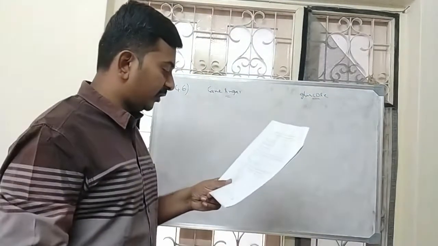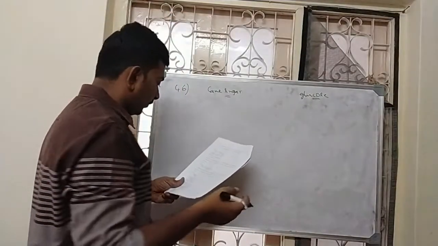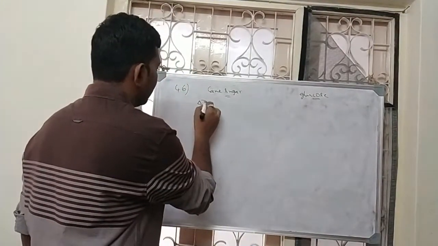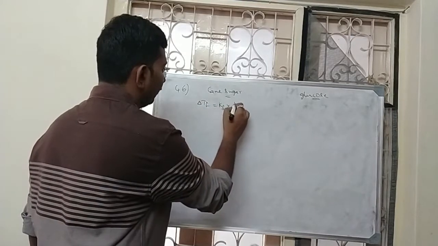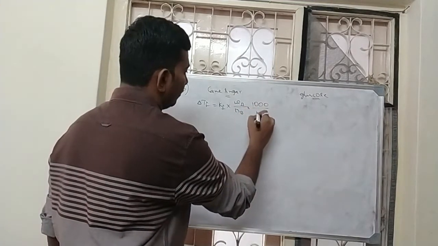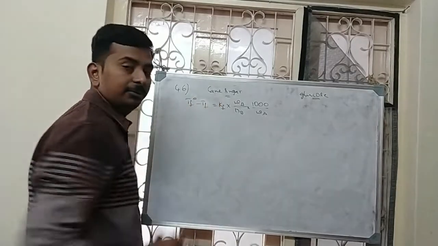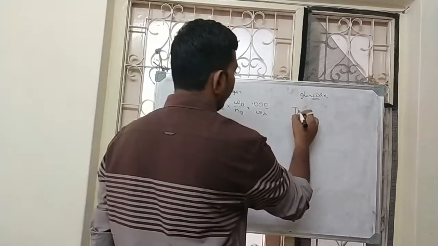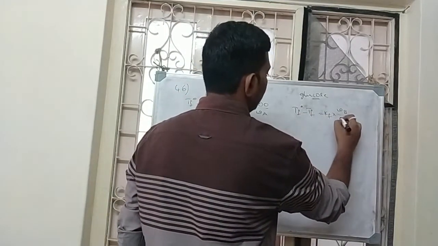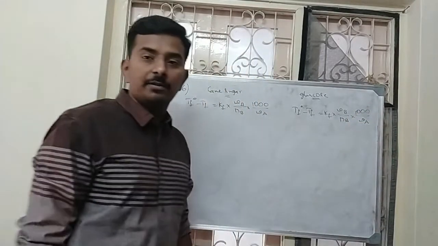So what is the information given regarding cane sugar and glucose? We will consider what is given. Directly it is based on depression in freezing point. I will write in terms of formula. Delta TF is equal to KF into mass of solute by molar mass of solute into 1000 by mass of solvent, and delta TF is TF naught minus TF. In the same way for glucose also, TF naught minus TF is equal to KF into mass of solute by molar mass of solute into 1000 by mass of solvent.